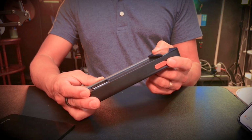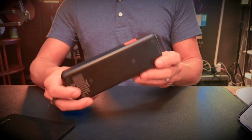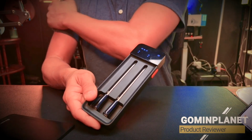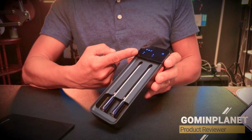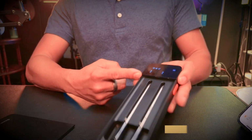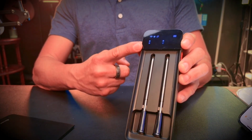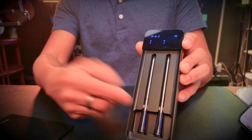So you can obviously turn it on. You've got your, let me show you right here. You've got your USB-C that you can connect it to. So it's really, really nice. You've got a cool, which I didn't know I wanted to have. You've got a really nice screen right here that will tell you the temperature of both probes, or each probe